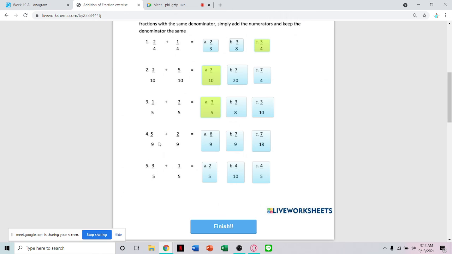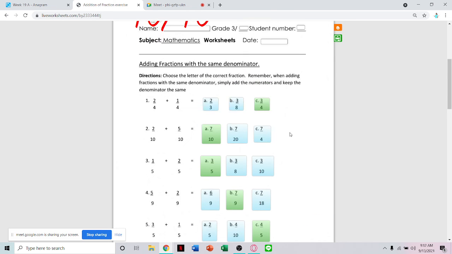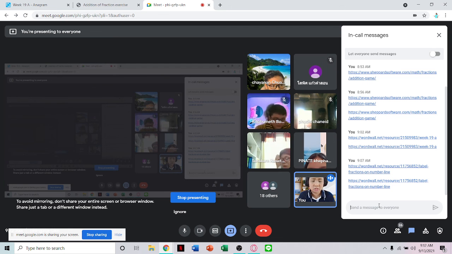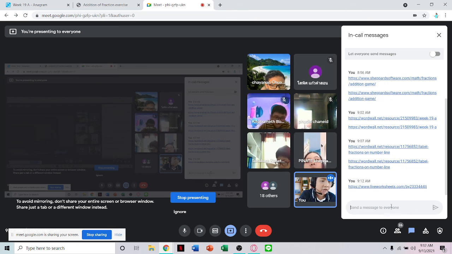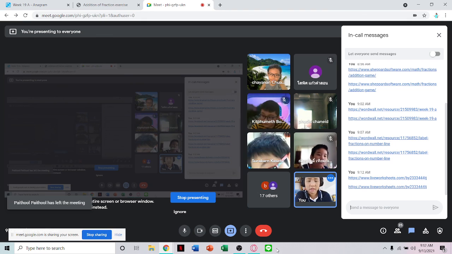5/9 plus 2/9 is equal to 7/9. Next, 3/5 plus 1/5 is 4/5. Click finish. Check my answers. Wait, and take a picture. Okay, and then later you will put it in the note. It's super easy. It's just like simple addition. You're just going to copy the denominator. You're just going to add the numerator, right? Then later you will put that in the